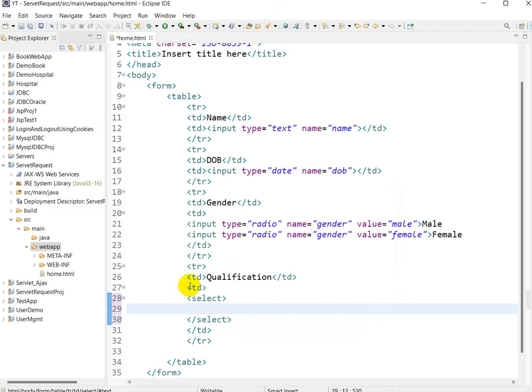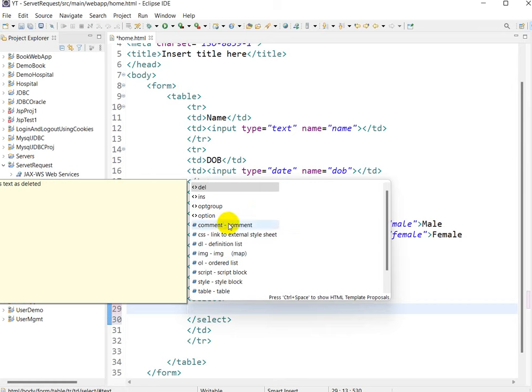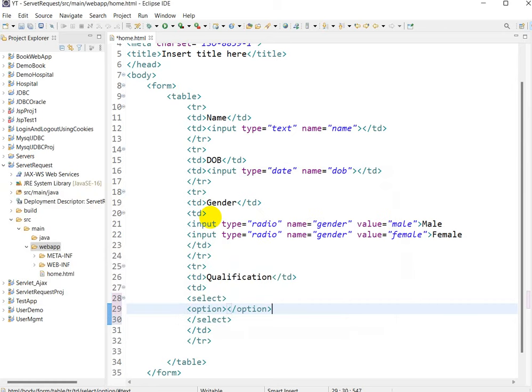If you want help from Eclipse, press Control Space and you will get this. So click on option, close this. So the first option will be BTech, and value will be engineering, and for select we will take name as qualification,